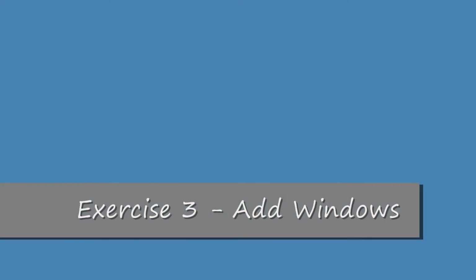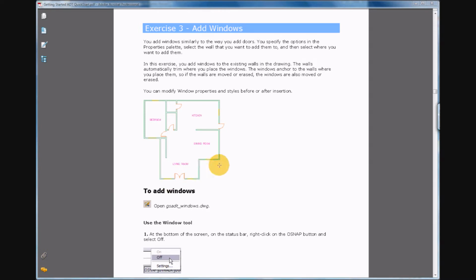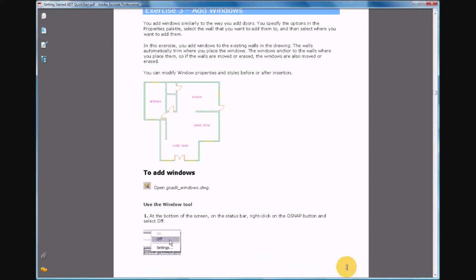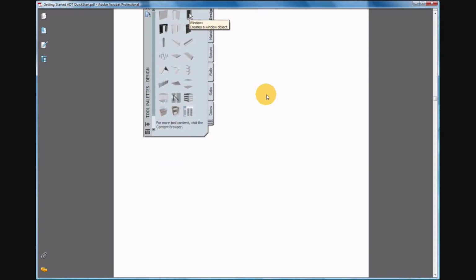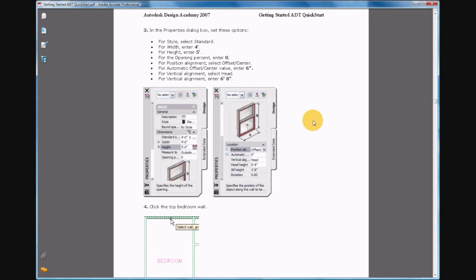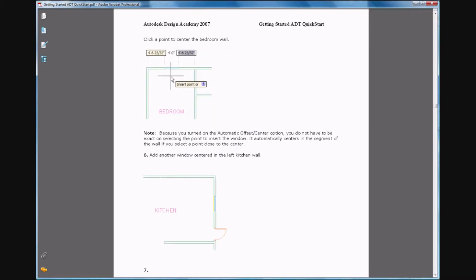For exercise 3, we're going to add windows to our house. So go ahead and open up the PDF file, and we are going to open the current file. We should be on page 15. And we're going to look at making windows, so go ahead and select your AutoCAD file,